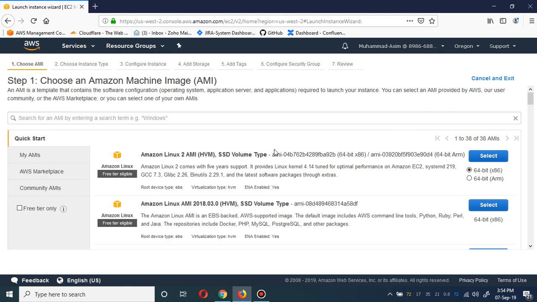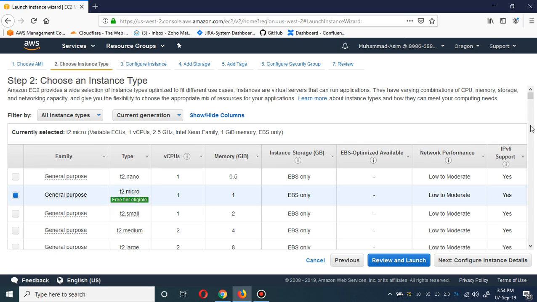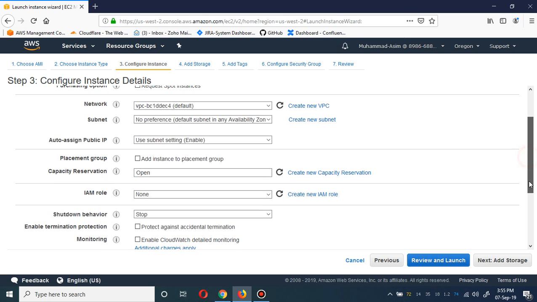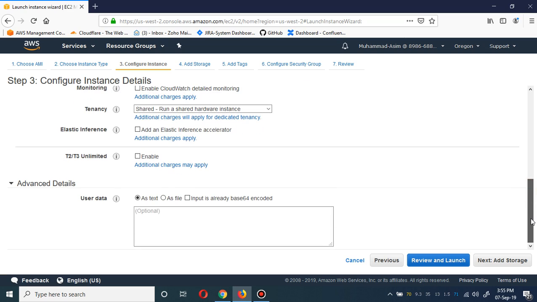Okay, let's say Amazon Linux. You can use Ubuntu LTS as well. I'm going to use the T2 micro free tier because it is just a demo, and any subnet. Now if I go to the advanced settings, you can SSH in and